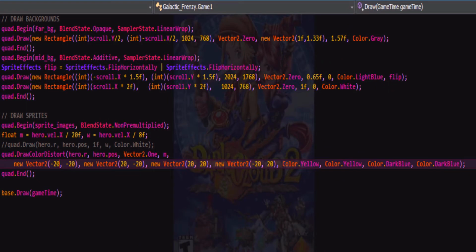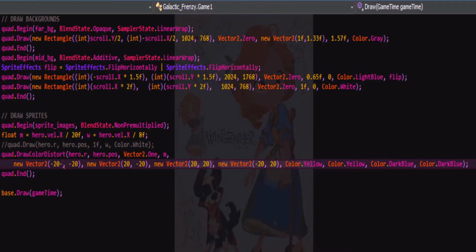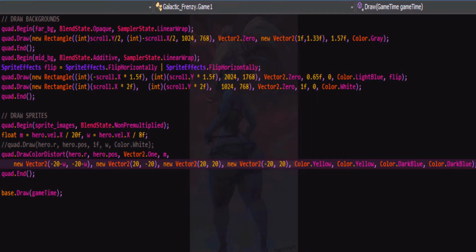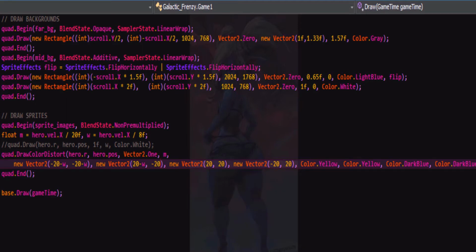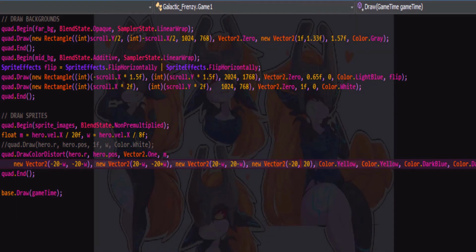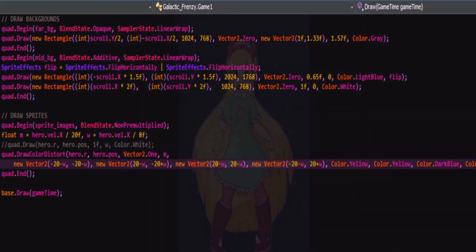All right, let's add on that W value. So this is top left, so when it banks the one way, we want it to shrink in one direction and grow in the other. So going this way, if it's negative, I want to add to it to make the value smaller, so it's scaling towards the center. So I'll say minus W and minus W. For this one, it's 20 positive, we want to go 20 negative, be positive. We want this head to get bigger, so we want to go minus W. And in this case, this is a minus value. Bigger, we're going to have to go positive W. So I'm just kind of working the math out in my head. So it should make each side scale, like warp a little bit with that W value.